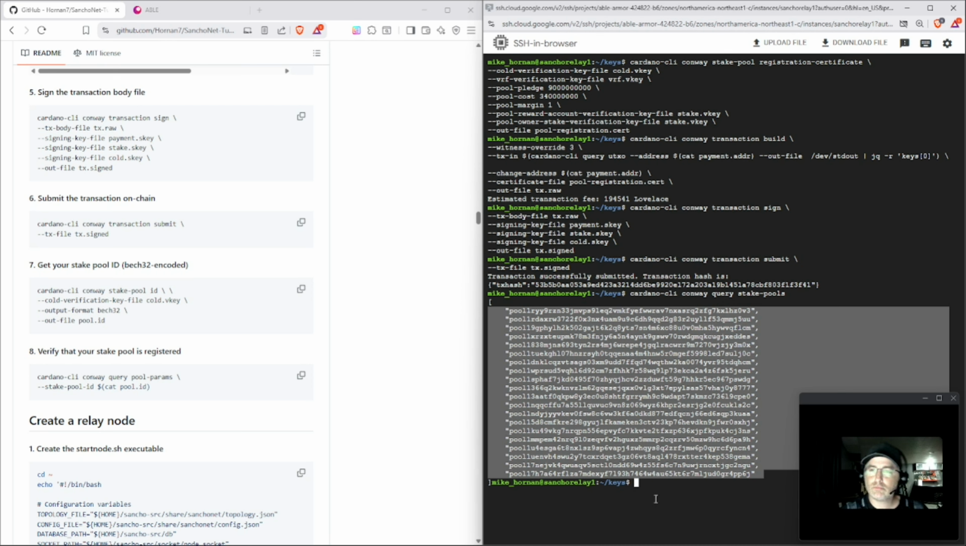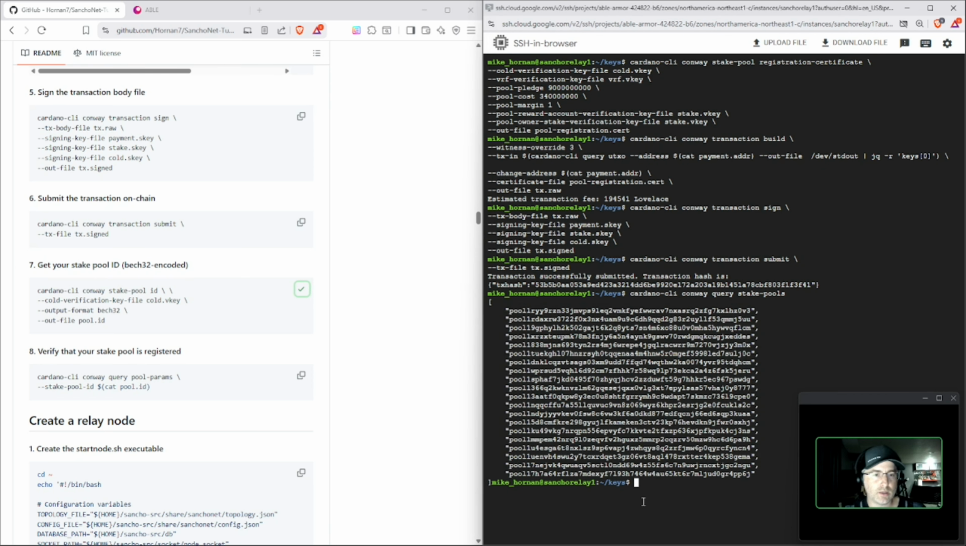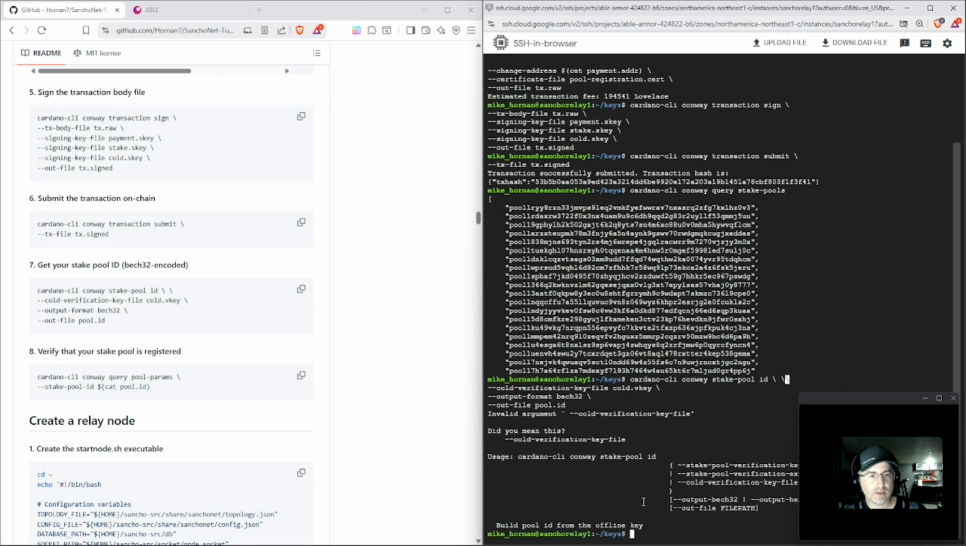I don't know. Get your stake pool ID. Oh, look at that. That's awesome. Okay, let's do that. Copy, paste. Oh, code verification key file. Oh, I have a